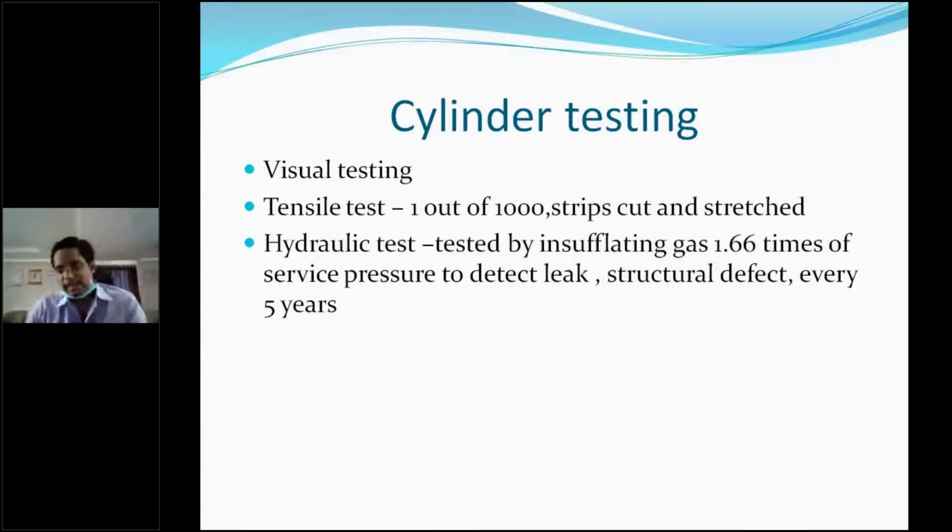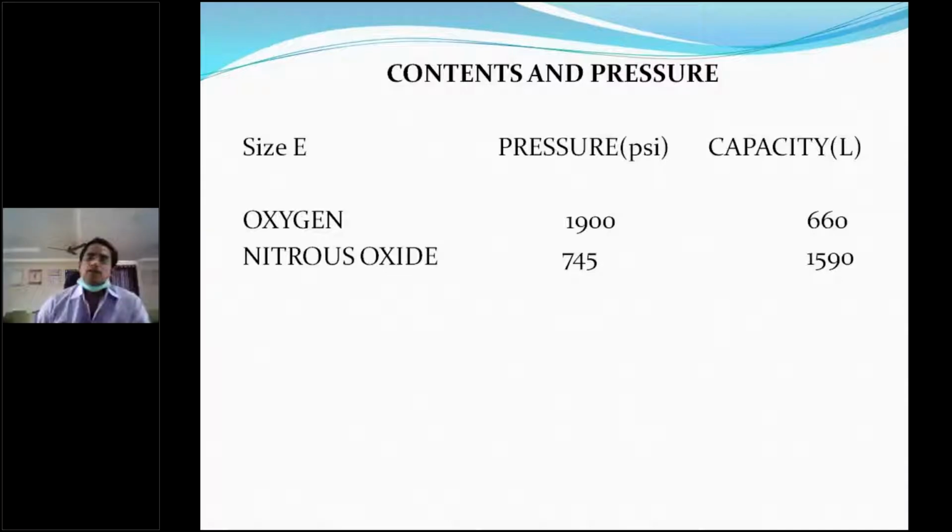When you fill gas beyond the service pressure, the cylinder tends to explode or leak. So the hydraulic test is used to detect any structural defect, once in every 5 years. These are the pressures of the cylinder contents. The cylinders we are using are size E. E stands for emergency. For oxygen, the maximum pressure is 1900 pounds per square inch, and for nitrous oxide,